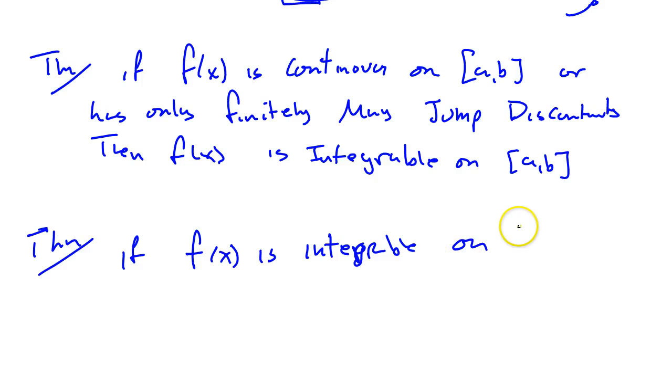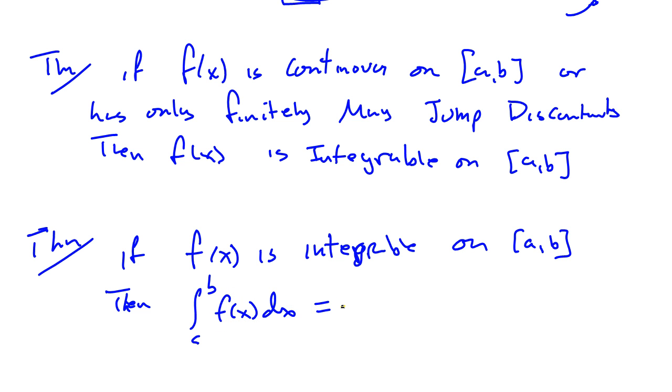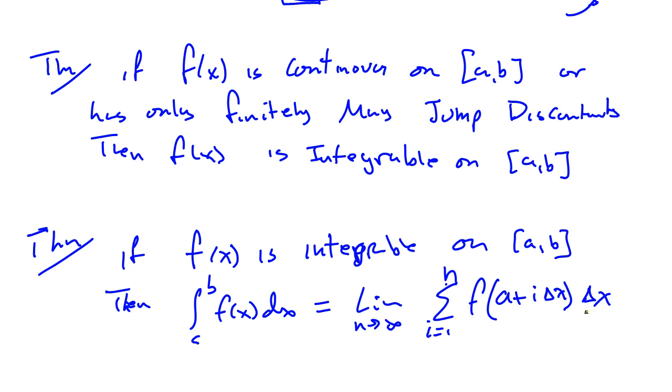So if it's integrable on a to b, then the definite integral of f of x dx is equal to, and I'm just setting up the same thing that we had before, the limit as n goes to infinity of the sum, i equals 1 to n, of f of, and instead of an xi star here, I'm going to write a plus i delta x, times delta x,